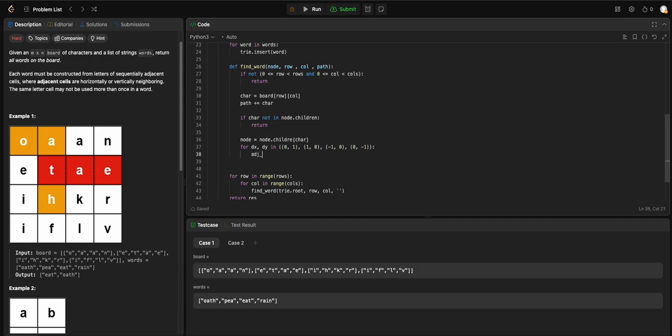Adjacent row equal to the row plus the x, and adjacent column equal to the column plus the y. Okay,